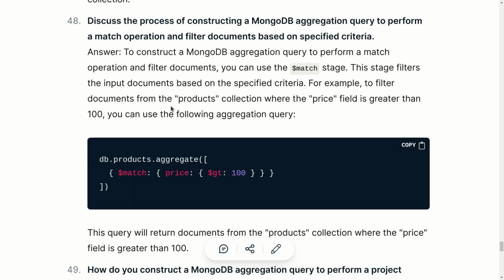Now the next question is: discuss the process of constructing a MongoDB aggregation query to perform a match operation and a filter operation based upon specific criteria. I'm going to repeat this question. Discuss the process of constructing MongoDB aggregation queries to perform a match operation and a filter operation based upon specific criteria. To construct a MongoDB aggregation to perform a match operation and a filter operation, you can use